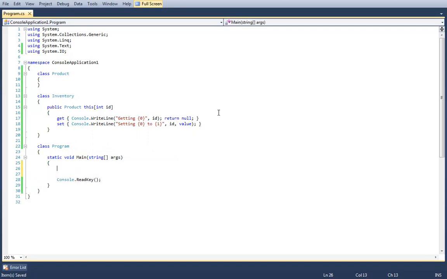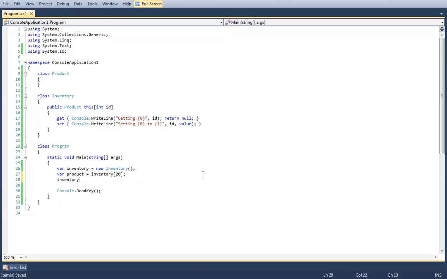So now if I instantiate inventory, if I do inventory bracket 20, or var product equals inventory bracket 20, the code that's going to be invoked is the getter, with a 20 being provided as a parameter.